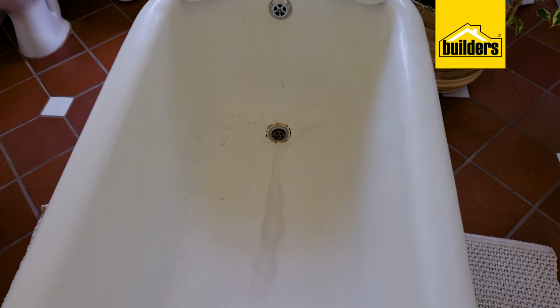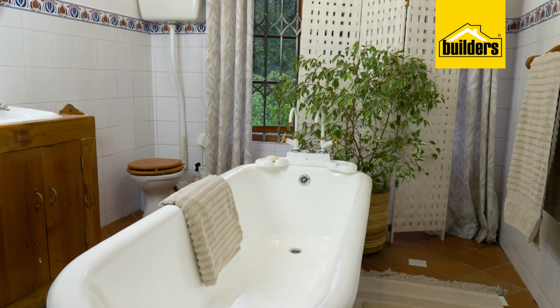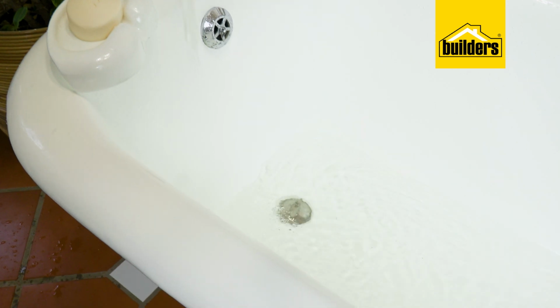That's it. I'm sure you'd agree that this tub has received another lease on life, especially with this beautiful gloss finish. So whether you're restoring a steel, ceramics, or cast iron bathtub,